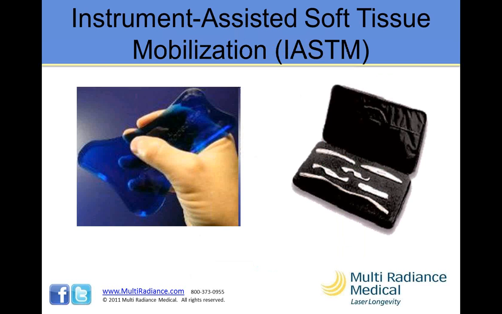The next manual modality that we use is instrument-assisted soft tissue mobilization. On the left side of your screen, you'll see what's called a gua sha tool. Gua sha literally means to scrape, from Chinese medicine. Many, many years ago, they would use bone, horn, stones, different things to scrape the skin to create this therapeutic effect. And then several years ago, these instruments were developed, which